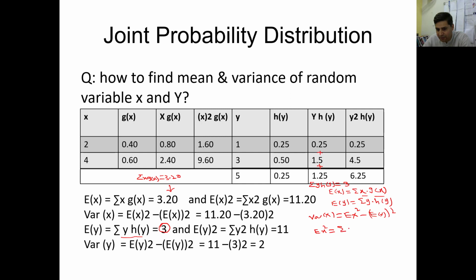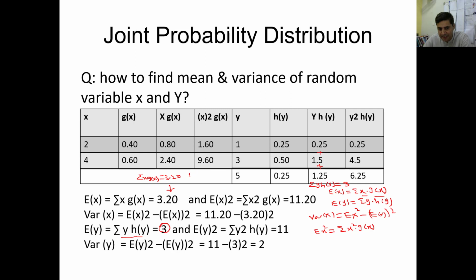We know that this is equal to the summation of x squared into g(x). So in this column we take x squared: 2 twos are 4, and 4 multiplied by 0.40 gives 1.60. Now you need to take the square of 4: 4 fours are 16, and 16 multiplied by 0.60 gives 9.60.